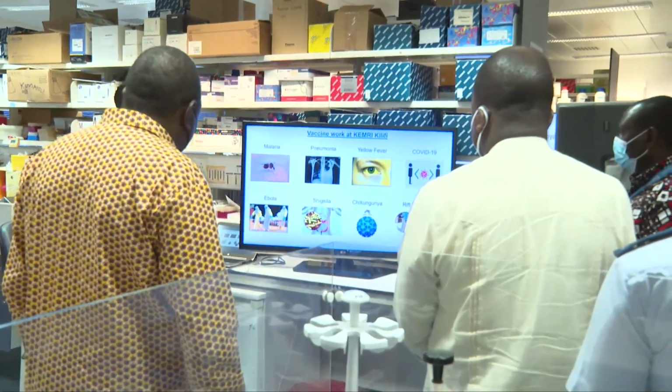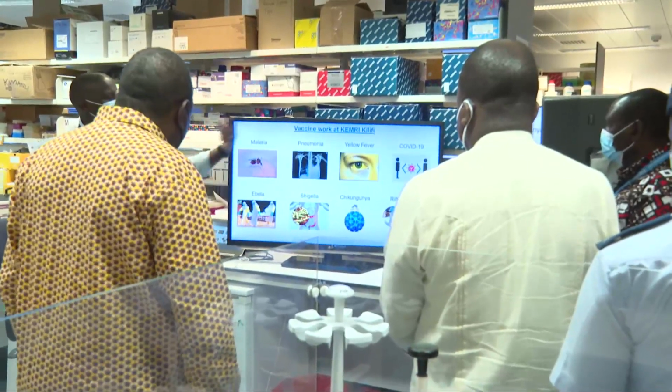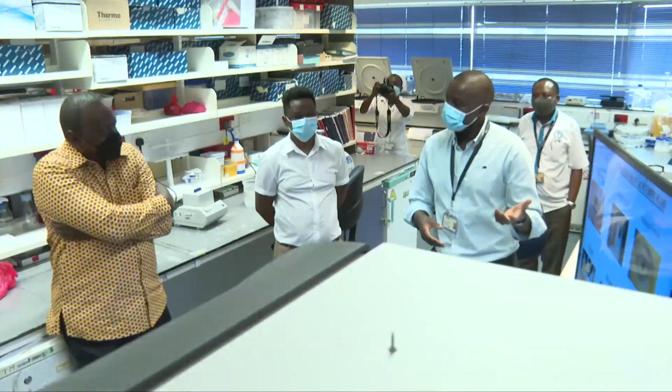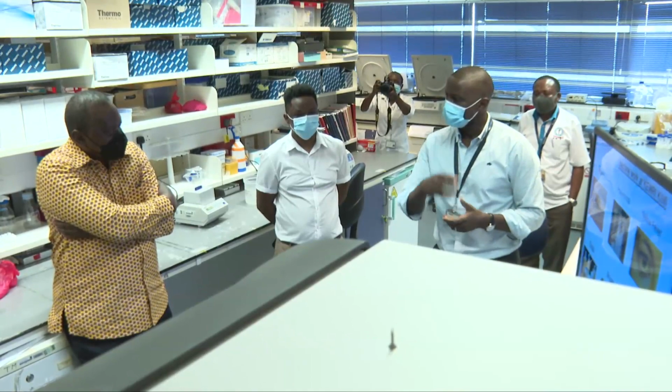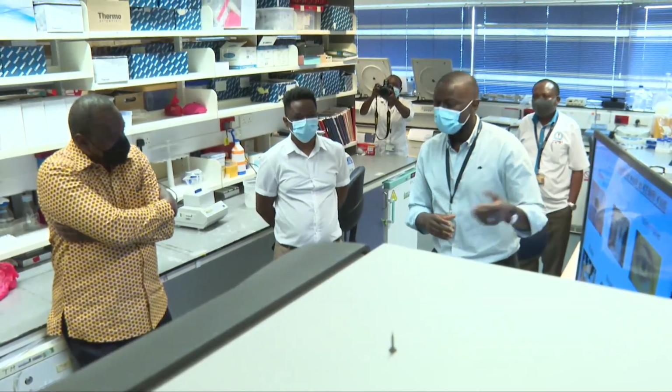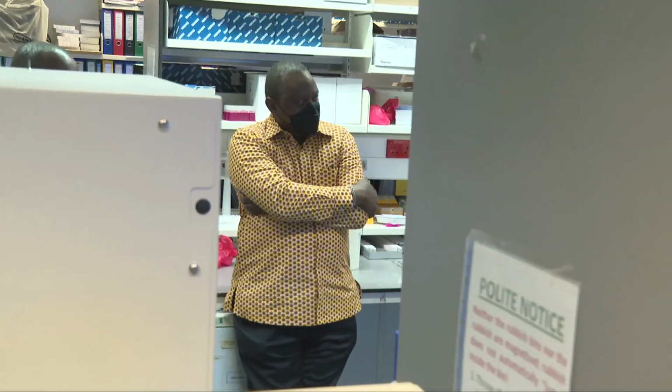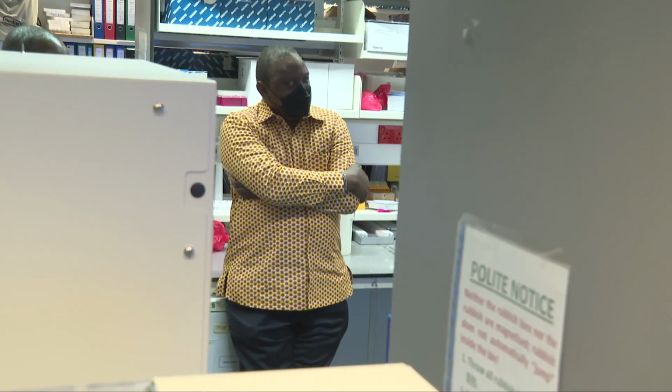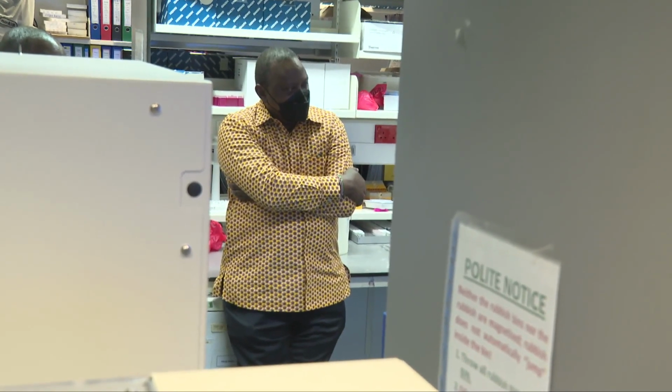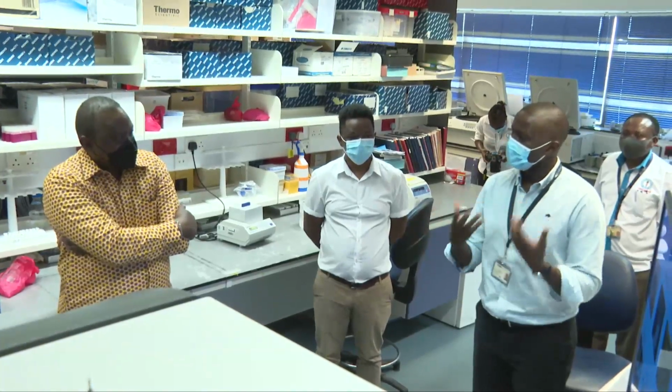We work on many other vaccines against other diseases, including the Oxford AstraZeneca one, and it's now in human clinical trial. It's not a disease that you see all the time, but as we have seen from the Africa CDC initiatives